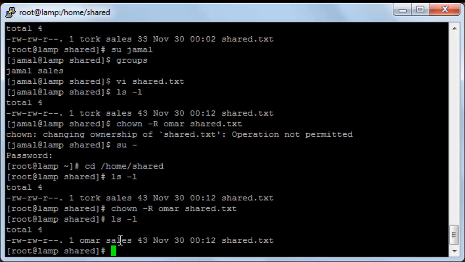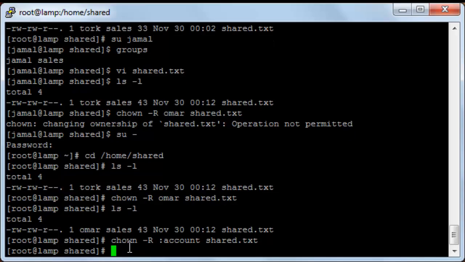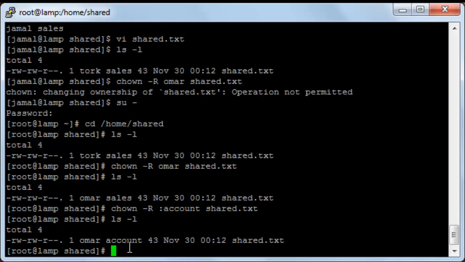Now I would like to change the group. I will type the command chown capital R, and then two dots, and then the name of the new group, account, and then the name of the file, and press enter. Now ls -l. As you can see, the group has been changed from sales to account, and this means that if